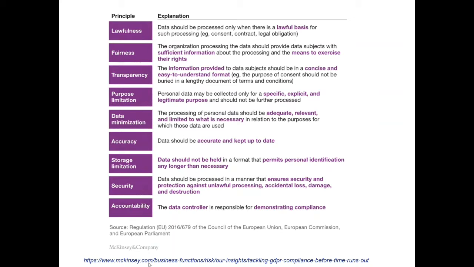This is actually on our site, this McKinsey link. What I talked about were 6 principles. They also boil it down to lawfulness, fairness, transparency, purpose limitation, data minimization, accuracy. There are a number of different ways that people have boiled down this multi-page law into some points. McKinsey has one, and the other 6 points I just shared. If you go to community.datacookbook.com and go to the GDPR section within there, there are links to a number of these sources, and I think the